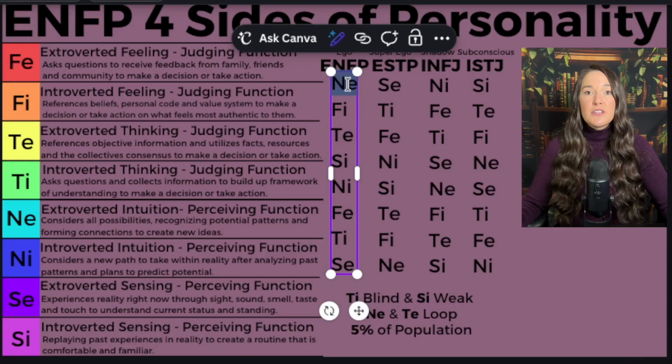As extroverts, they want to be a part of this reality. They want to be a part of multiple different communities. They want to be a part of multiple different projects at any given time. These individuals have multiple tabs open within their brain, and they have multiple subjects that they can pull from at any given time. These individuals are quite good at adapting to whatever situation that they're in.